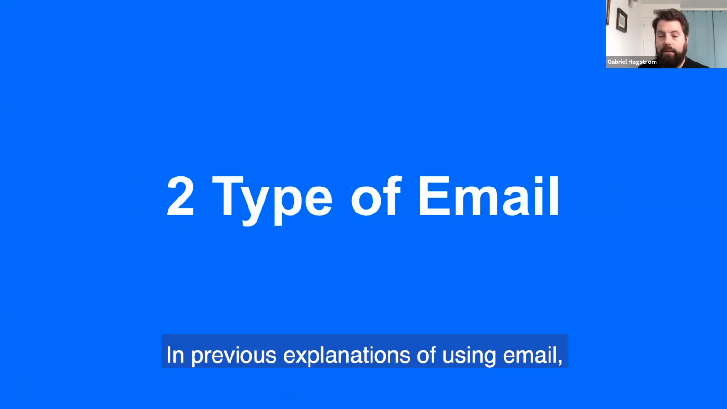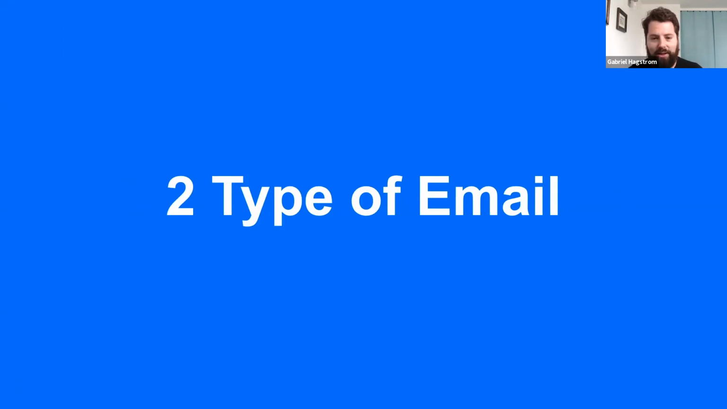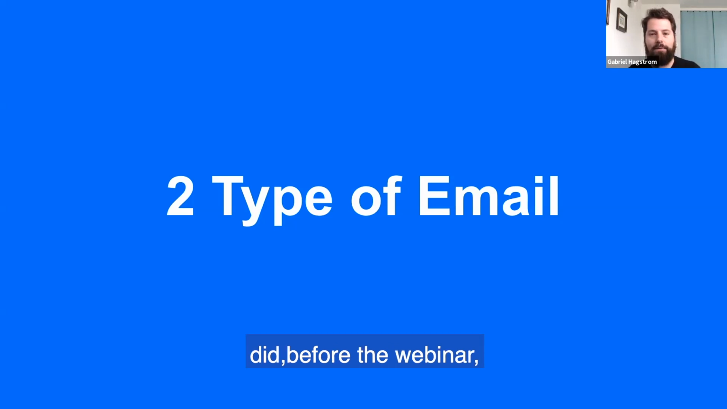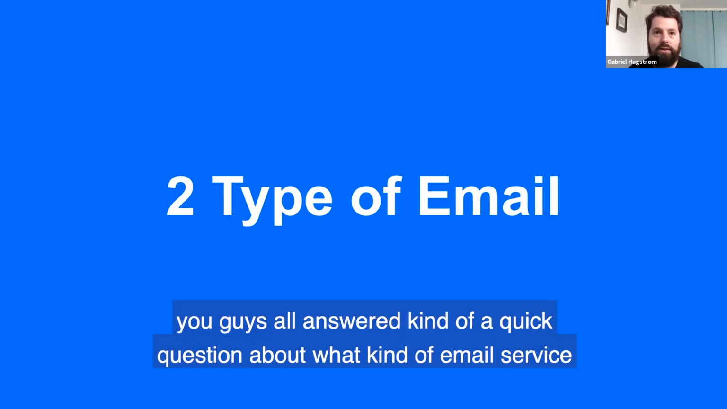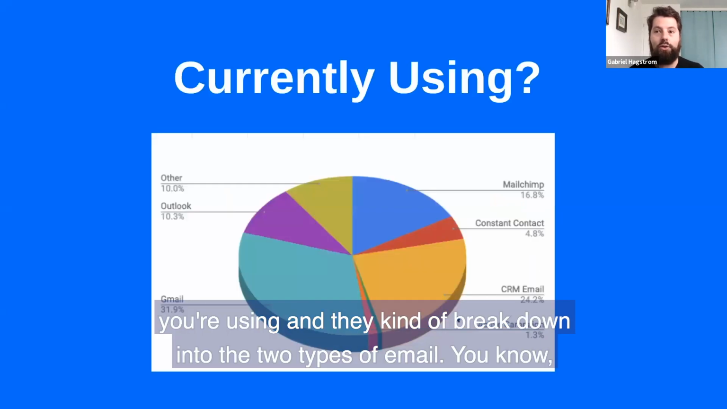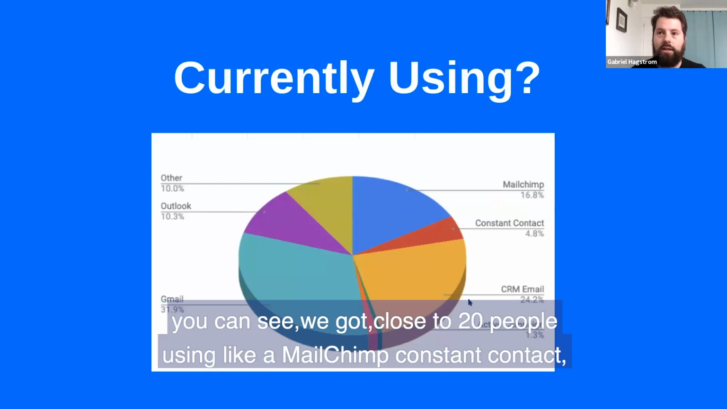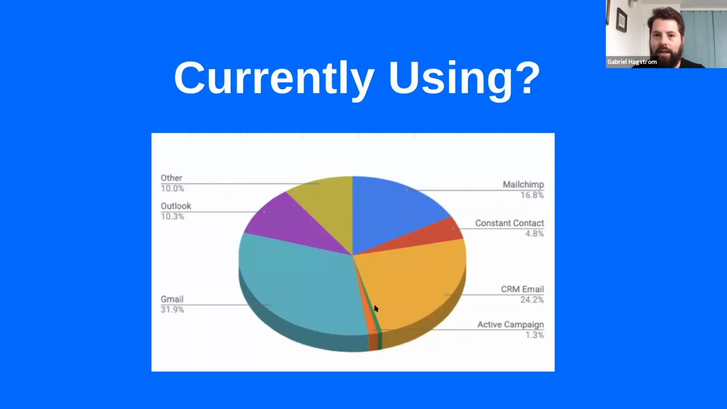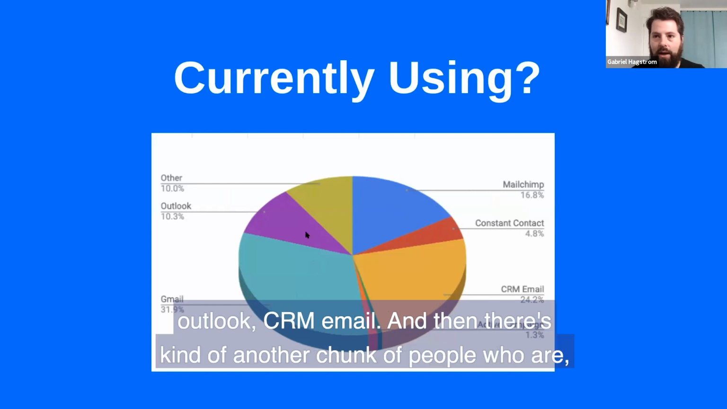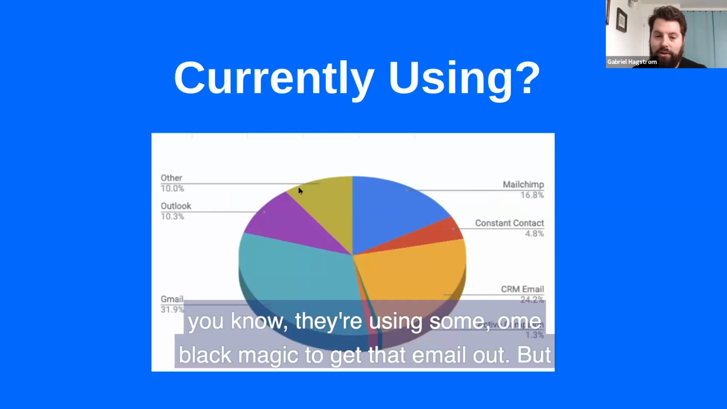Cool. So, in previous explanations of using email, you've broken it down for me into two types of email, and we did a quick poll before the webinar. You all answered a question about what kind of email service you're using, and they break down into the two types. You can see we got close to 20 people using something like Mailchimp, Constant Contact, or ActiveCampaign. And then most other people are using Gmail, Outlook, or CRM email. And then there's an other chunk of people who are using some black magic to get that email out. But